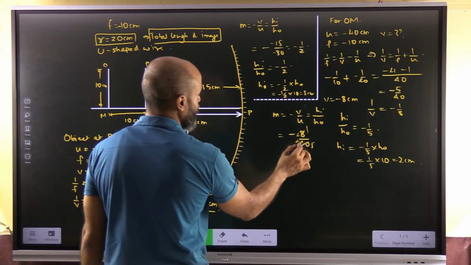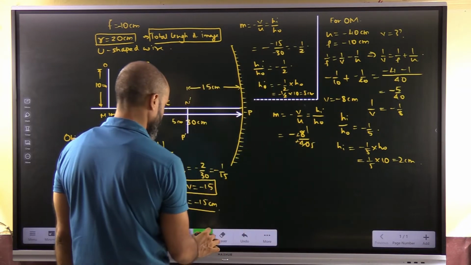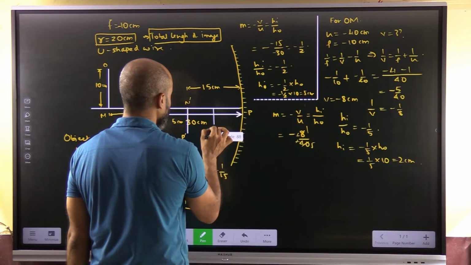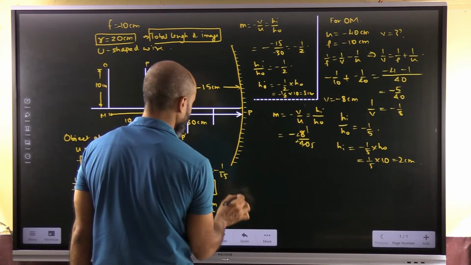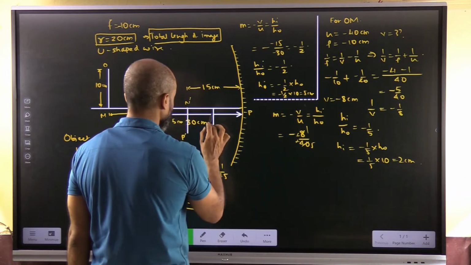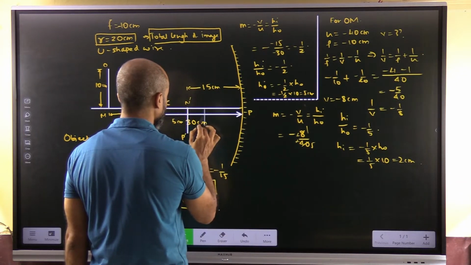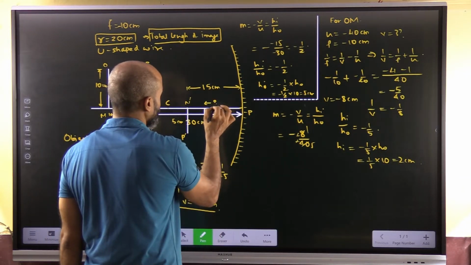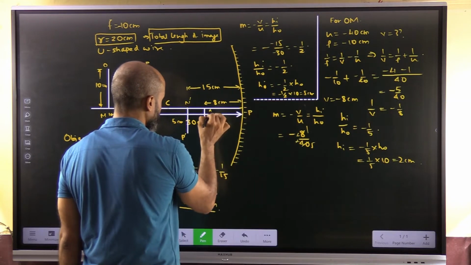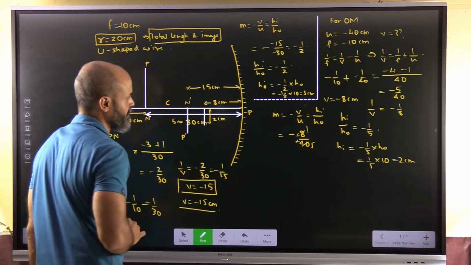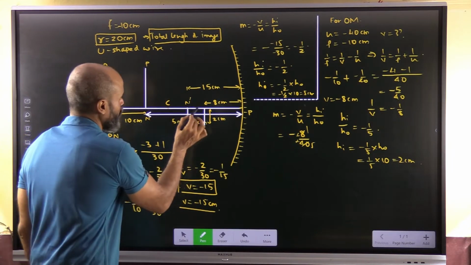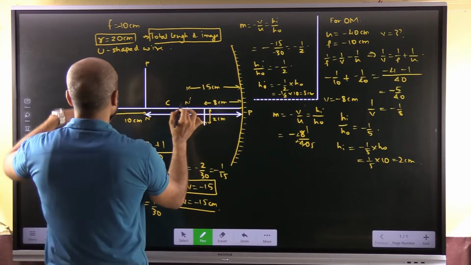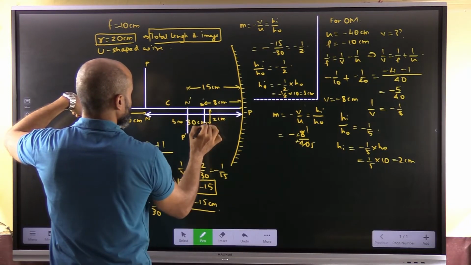Okay. So at a distance of 8 centimeter, this will be 8 centimeter and this will be of 2 centimeter. Okay. So we have to shift this a little here. So this will be a distance of 8 centimeter and this height is going to be 2 centimeter. Inverted images will be formed. So now what will be this distance? So this is basically the image that is formed, this entire thing. Okay. This is basically for M' O'.